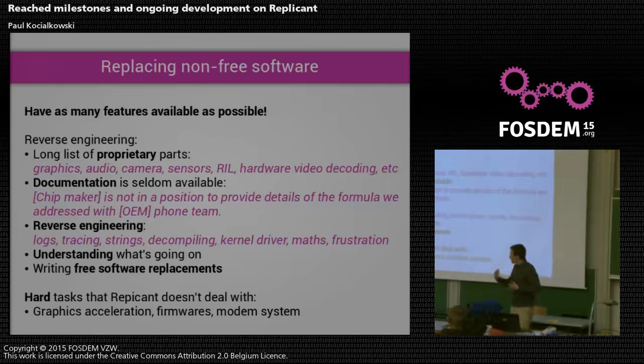So that's the sort of thing we do to understand what's going on and to eventually write free software that does the same thing. And sometimes it takes a bit of knowledge in math, especially if you're dealing with sensors, where you have some raw data that's coming and you've got calibration values, maybe 3, 4, 5 different values, and you have to figure out a mathematical formula that takes all these things and puts them together to have some result that has a physical meaning in the case of sensors.